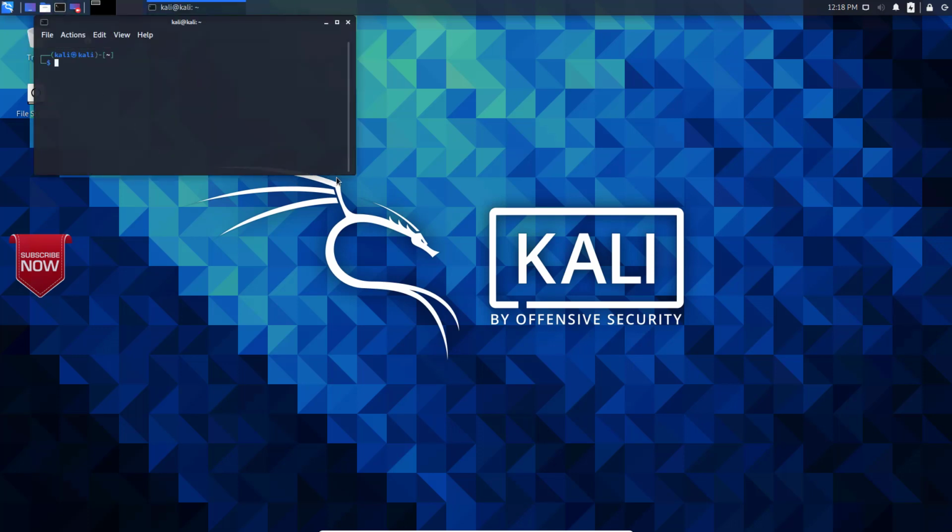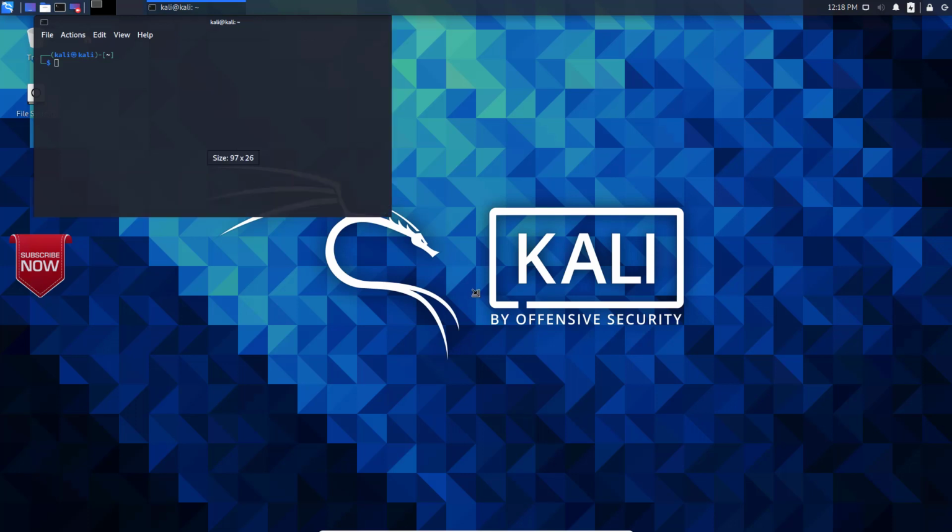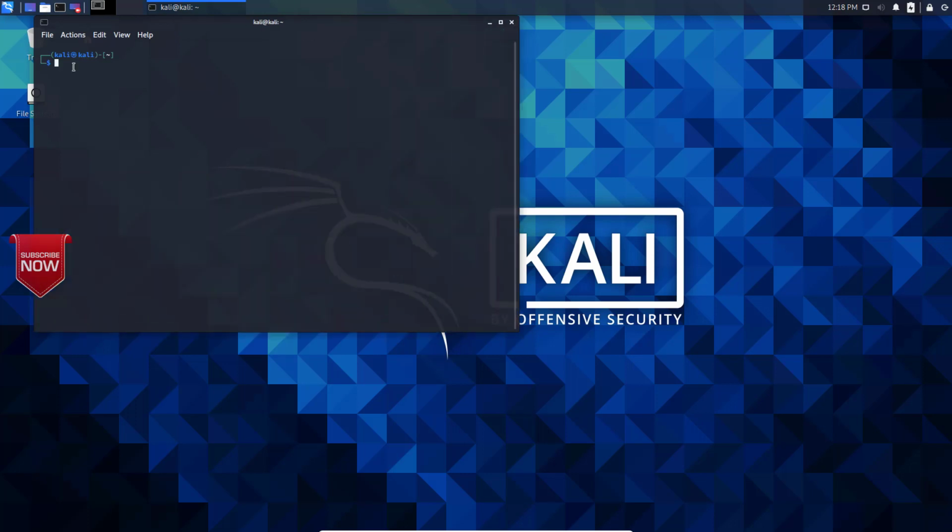Now let me create the root user. By default, the root user is not created. So enter sudo su. Now enter the password, which is kali.